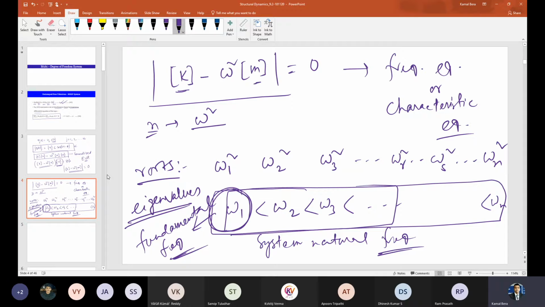Obviously I will not get the exact result, right? The exact result you will get when you consider the effect of all the modes. Exact in the sense that your modeling is correct, assuming that the mass and stiffness matrices we obtained, or your model, resemble the actual structure. In that case, the correct result you will get if you consider the combination of the response from all the modes. But you will see that the initial few modes, as I told, 5 to 10 modes, are good enough to get almost accurate results, which are of practical use. Okay.